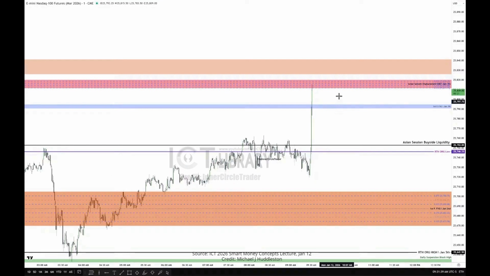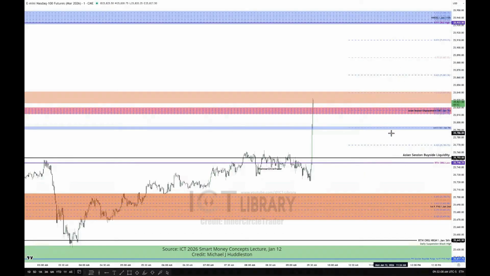We're inside of the Asian session displacement from January 7th, and I didn't get a chance to show you what that is. All right. So consequent encroachment, opening range gap has been now tagged. So there's your 70% likelihood before 10 a.m. It's done that. So think about if you have a carbonated soda, okay? All of a sudden you flip the tap on it, and what's going to happen? You're going to hear there's a release.